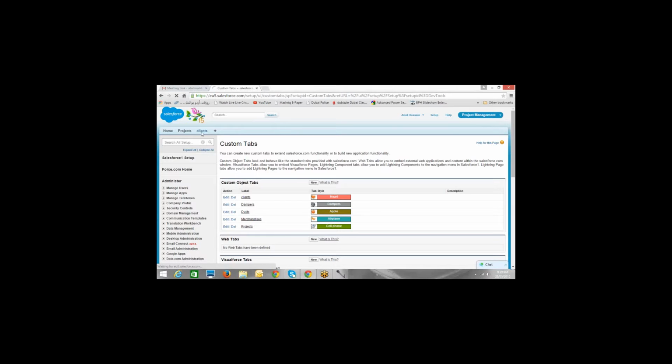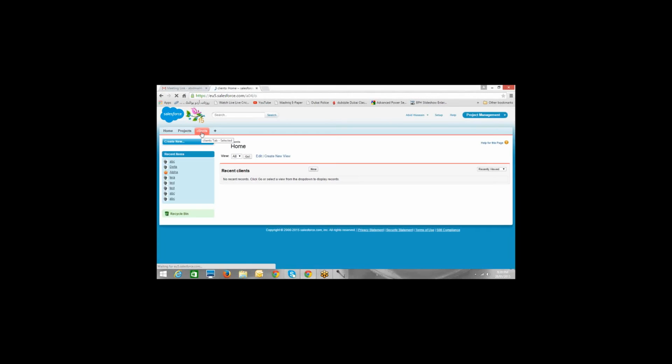Done. So I have both these tabs available, which means my app is now connected to both the tables in the backend, right?